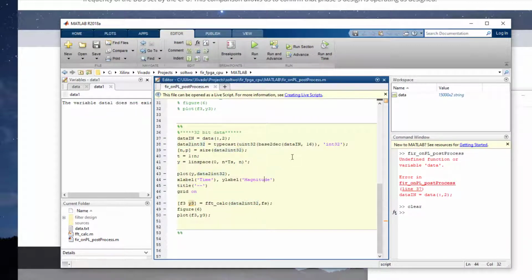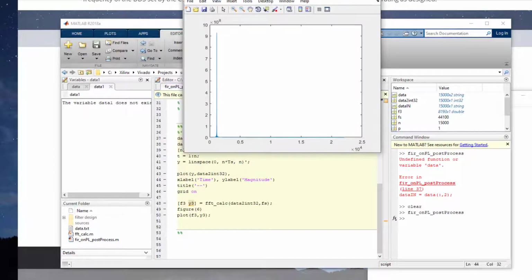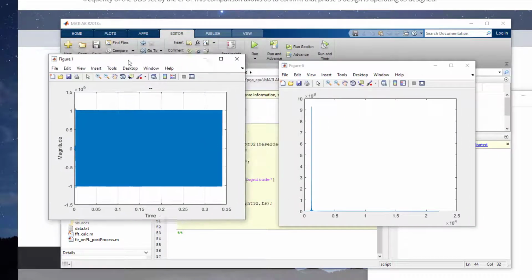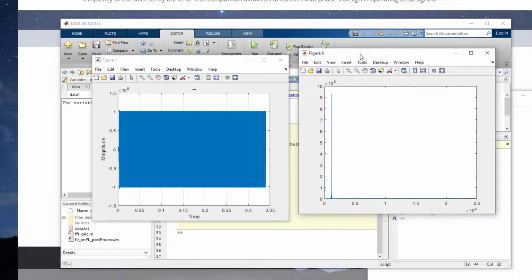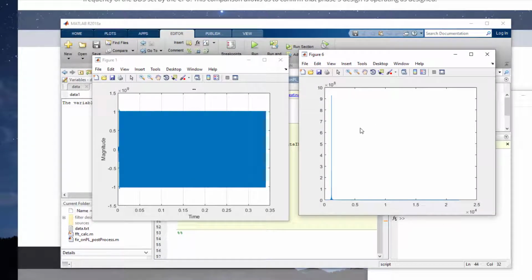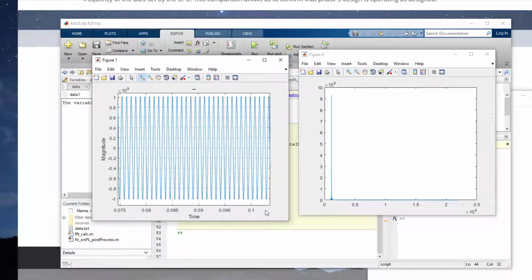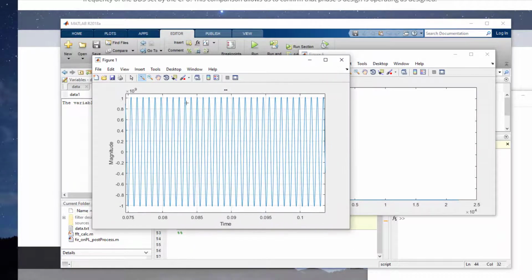So now once we run, we can see the output, and it looks beautiful. Look at that. This is the frequency. This is the output, the plot for the FFT, and this is the signal. If we zoom in here, we can see the signal right here. Look at that. It looks like a pure sine wave, and the frequency should be